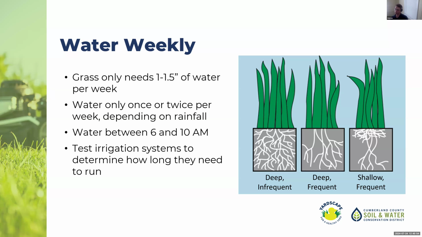And it's important to do a deep water instead of doing little bits of water each day, because a little bit of water each day can cause what you see in the right frame of this picture here, where you have shallow watering, just like a 1/4 inch every day. And then you have shallow, weak root systems that are prone to, if you get a heavy rainstorm, your grass washes away.